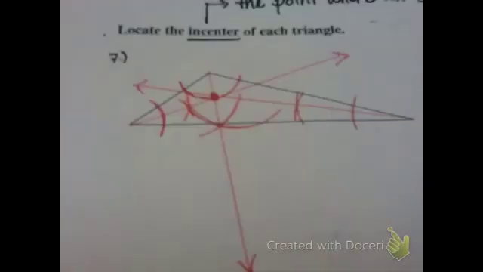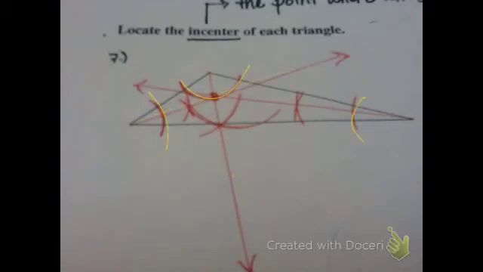Moving on to the next one, you have to figure out the in-center. To get the in-center, you construct an angle bisector for all three of your angles. When you got your bisectors going out, they're all gonna cross at a common point. That point there is called the in-center. So you just bisect each corner